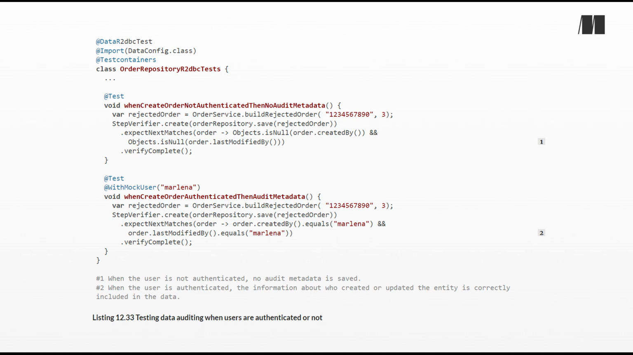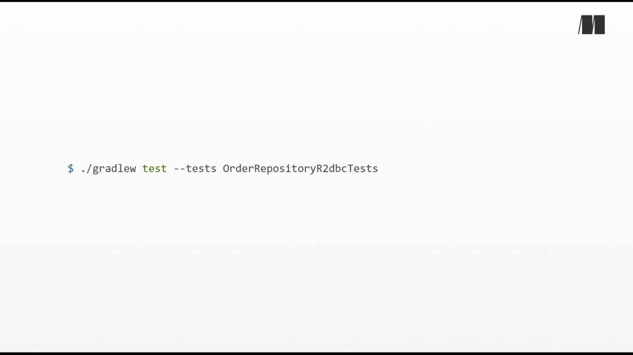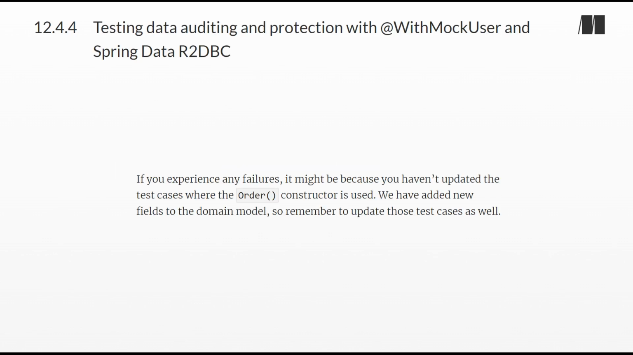Similar to what we did in catalog service, we can use the @WithMockUser annotation from Spring Security to execute a test method in an authenticated context, relying on a mock user representation. Listing 12.33, testing data auditing when users are authenticated or not. Open a terminal window, navigate to the order service root folder, and run the newly added tests as follows. If you experience any failures, it might be because